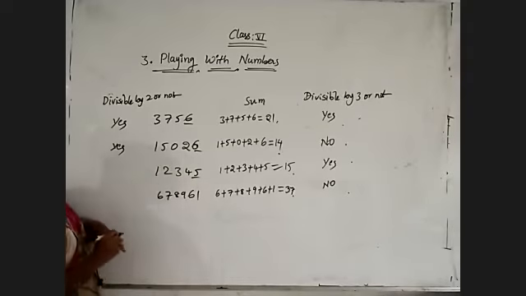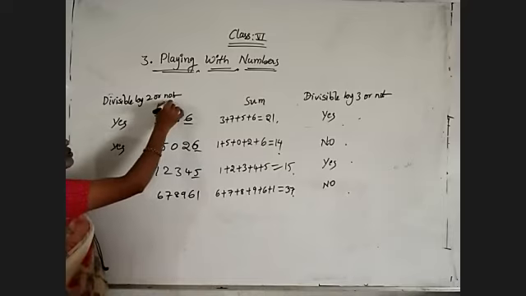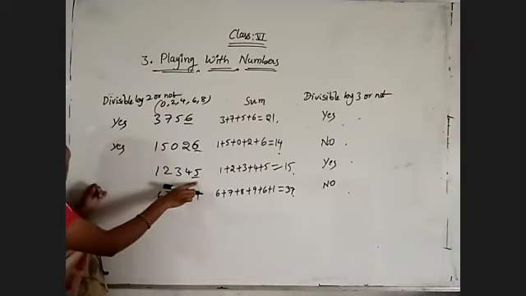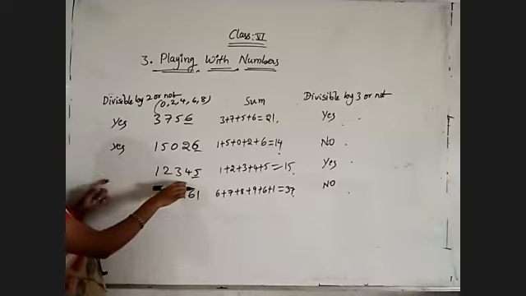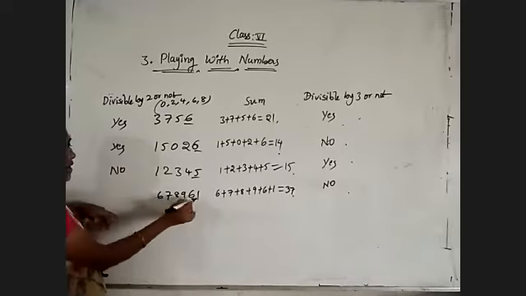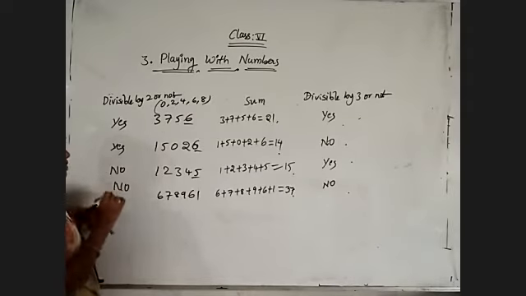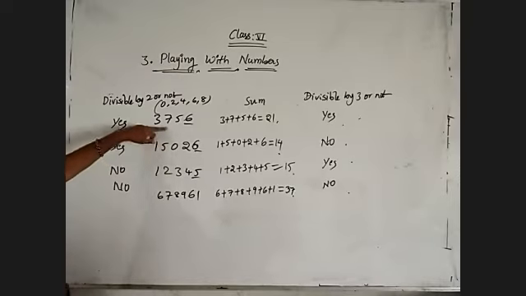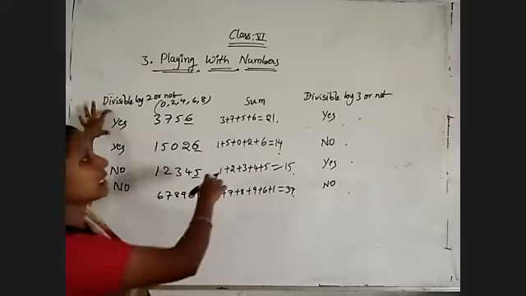5. 5. For divisibility by 2 we must get the digits 0, 2, 4, 6, 8. But here 5 is there. Is that divisible by 2? No. And 1. So no. Just observe here, the first number is divisible by both 2 and 3.